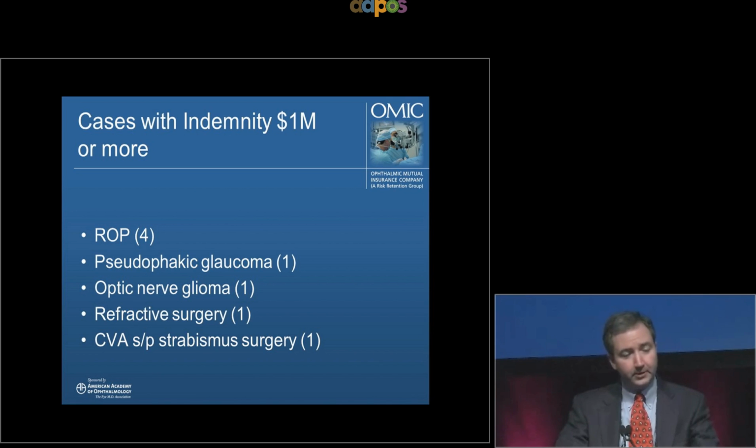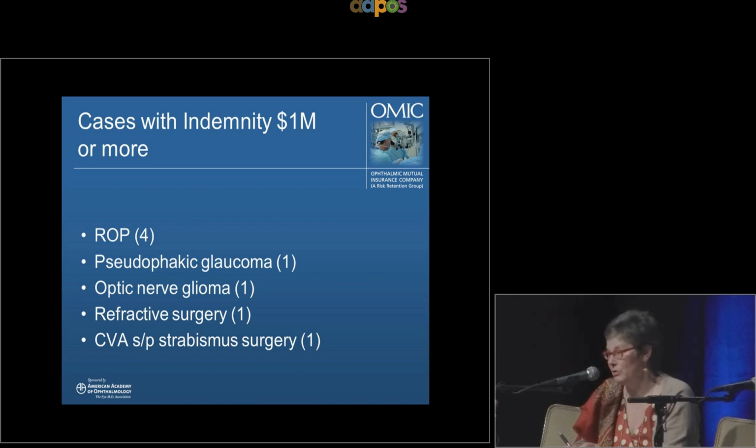One thing that kind of stood out to me as I looked at this list, there's often not a correlation between, as you read the case, what you think the payment might be and what it turns out to be. The refractive surgery case is one where the patient had an implant placed, had a postoperative rise in pressure, and the only permanent deficit that I could see was a dilated irregular pupil after the case, and that settled for $1 million. It was a plaintiff verdict. We thought we would win. We took it to court and had a very big surprise. That's a different kind of refractive surprise than they usually talk about at ASCRS.